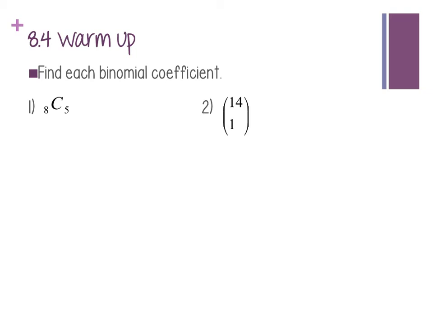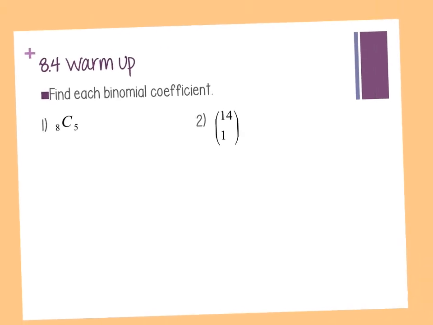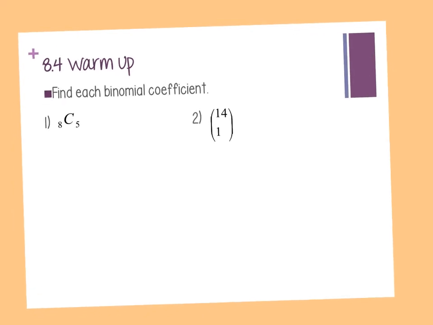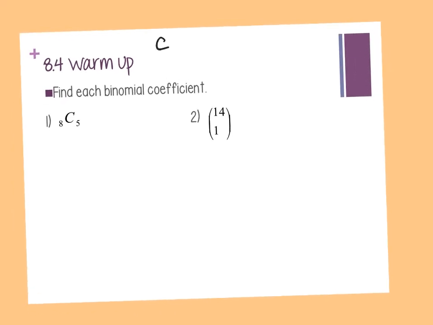Okay, so the first formula that we learned yesterday was for C if you're given the N and the R. So we said the N is the number on the left, the R is the number on the right. We said the N can never be smaller than the R, right? It can be equal, but it can never be smaller. So if I have C, N, R, this is the same thing as saying N factorial over N minus R